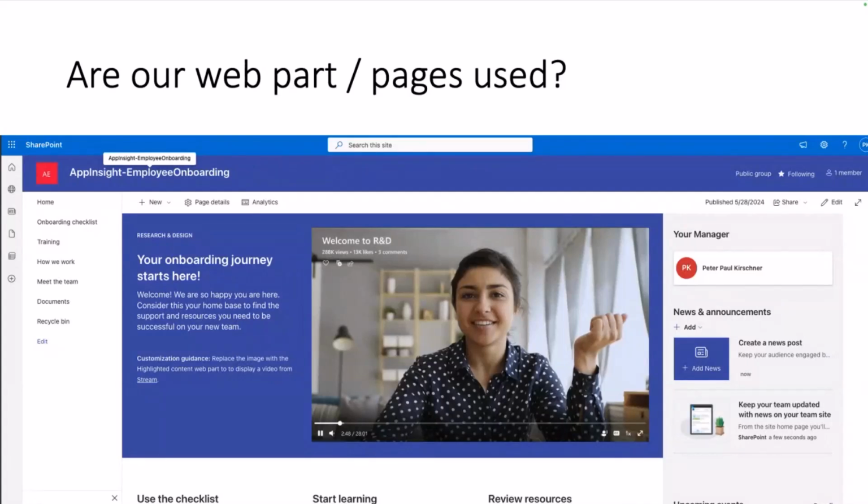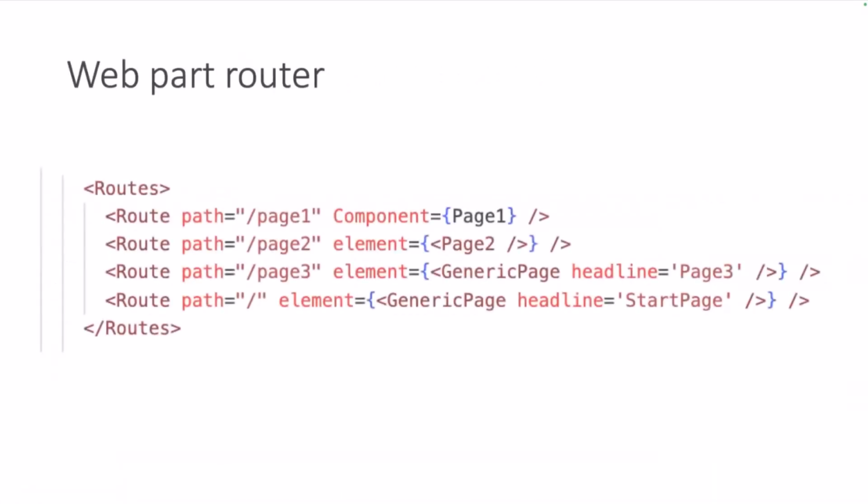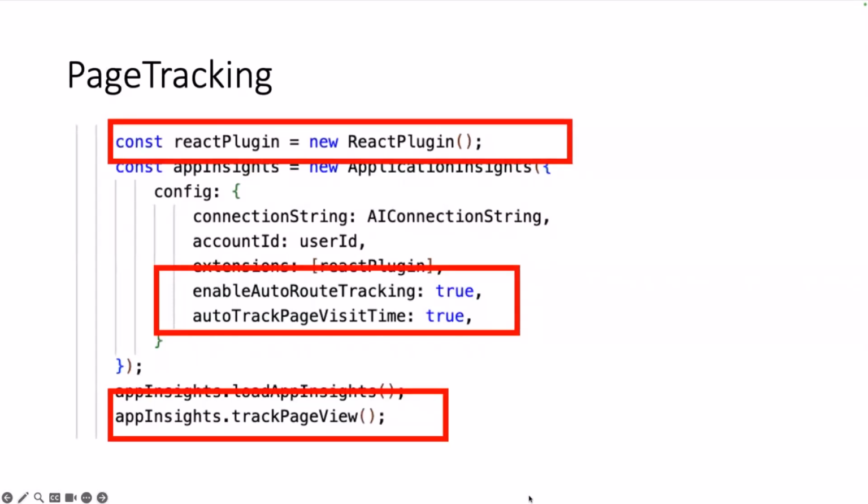The same thing applies when you have a bigger web part or you have multiple pages, and how you can monitor this. So I use a router in the web part, and I use the hash router. I have 3 pages and 1 start page implemented here. And the only thing to get information about this is it goes back to my Application Insights